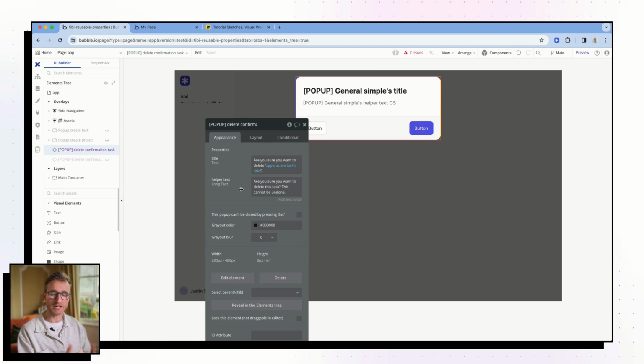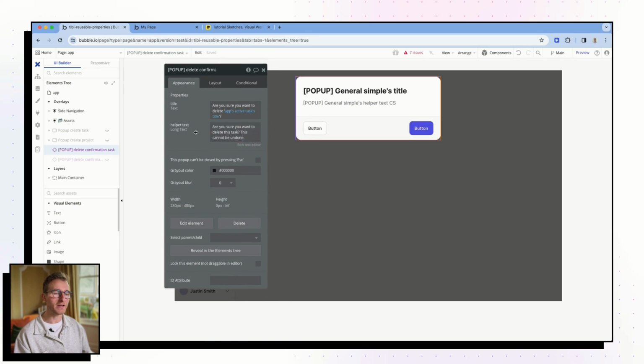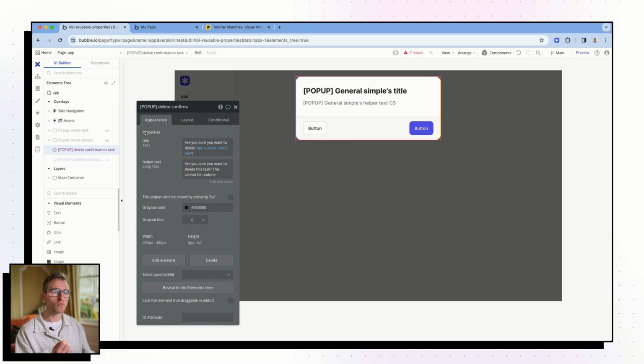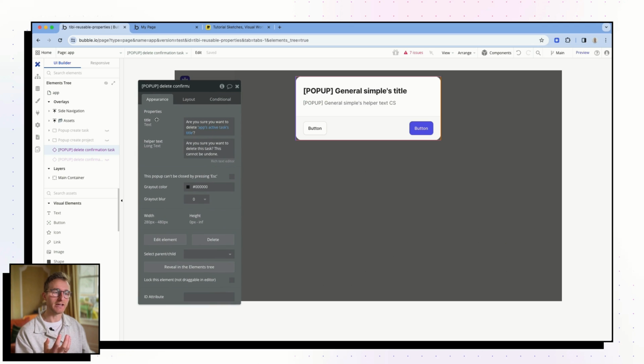Of course, documentation is good, but how much easier is it for us to just put in some helper text here? And inside of our pop-up, we're going to have all the logic that knows how to handle this and how to handle what happens when it's not present as well. But the properties, by their very nature, give us basically a description of how this reusable element is meant to be configured.